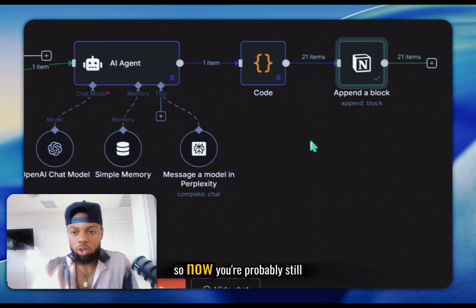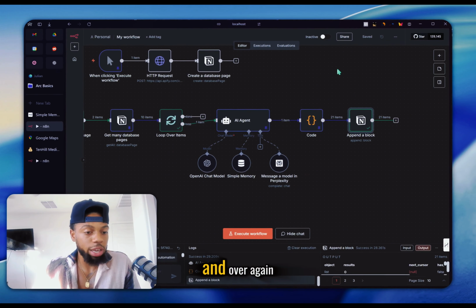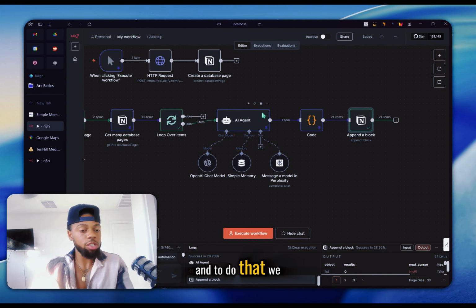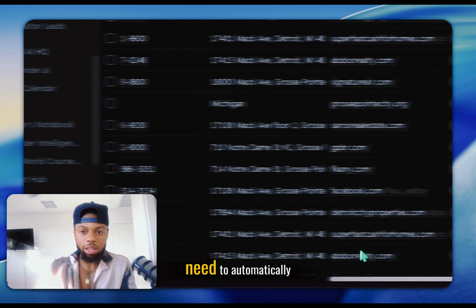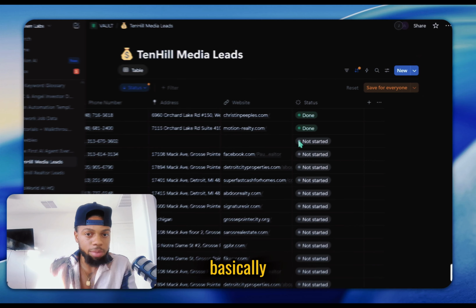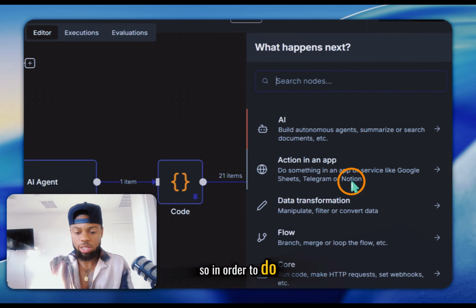So now you're probably still wondering, okay, this is great, but how do we get it to do it over and over again? And to do that, we want to first make sure it doesn't do the same one that it did. And so for that, we need to automatically make sure that when it comes in here and does the research, it's marking him as done. So in order to do that, we just got to go in here